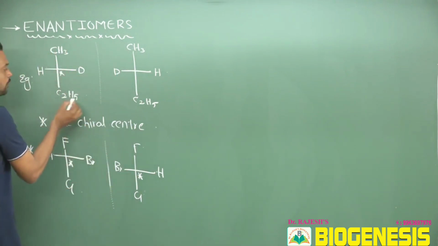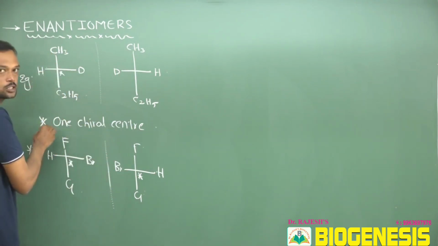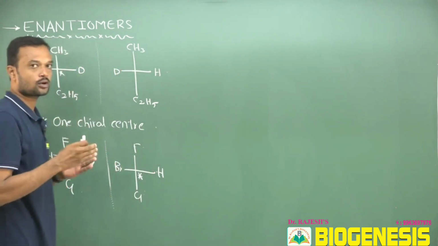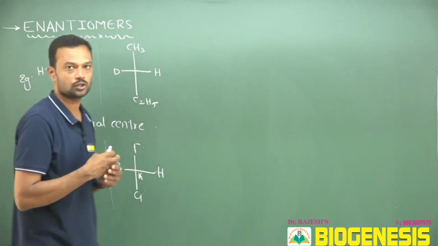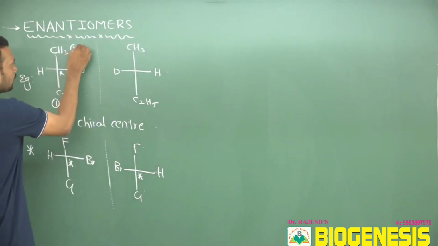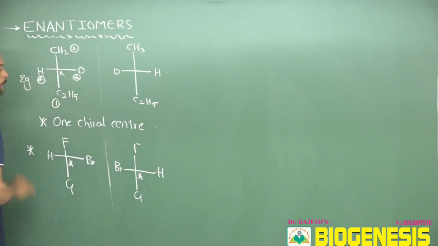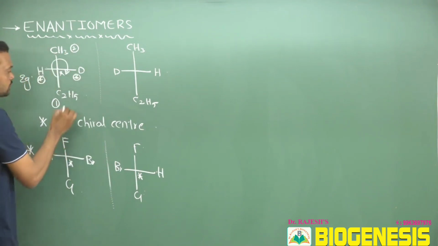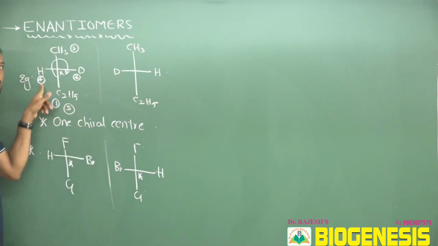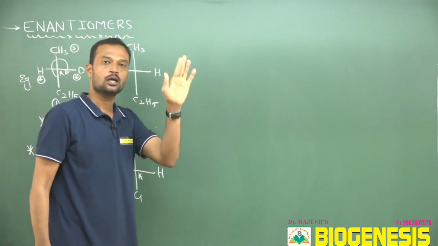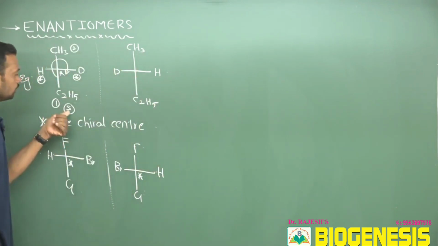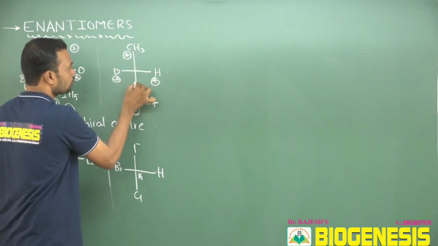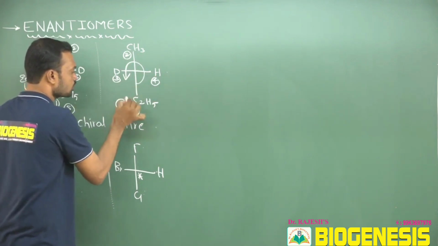Give the priorities around this particular chiral center. Priorities depend upon atomic number, atomic weight, and multiplicity. You can also see the priority orders I explained already in the CIP rules video. This is first priority, second priority, third priority, and this is fourth priority. Give the priority order 1, 2, 3 clockwise. Clockwise here it is S configuration, because the least priority is on the horizontal line. This I explained in another video, so go through that one. Here it is S configuration. Now give priorities 1, 2, 3, and 4. Anti-clockwise, so now the configuration is R.